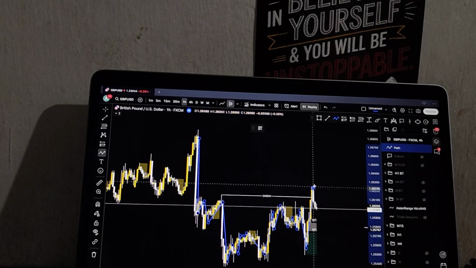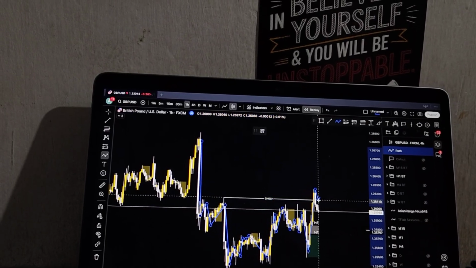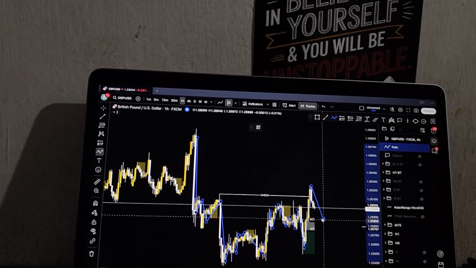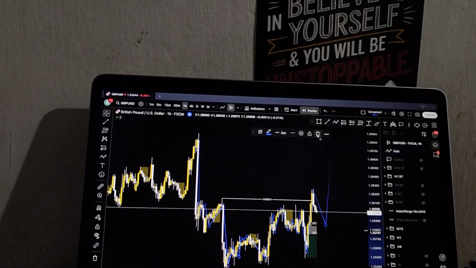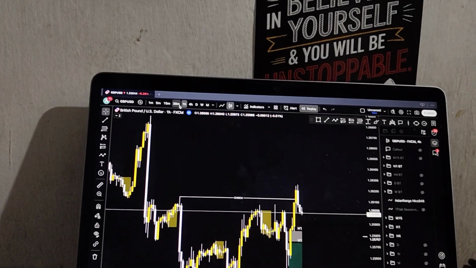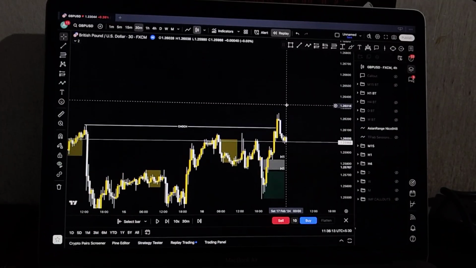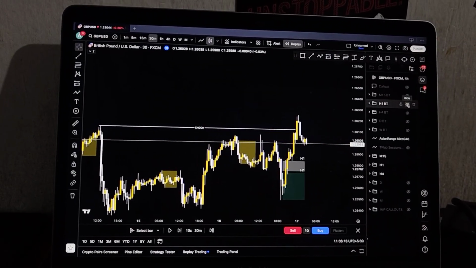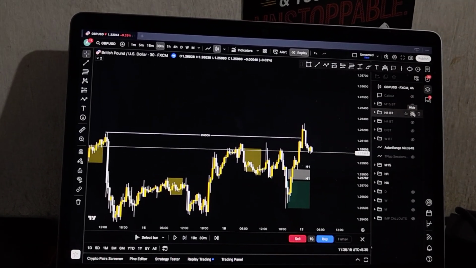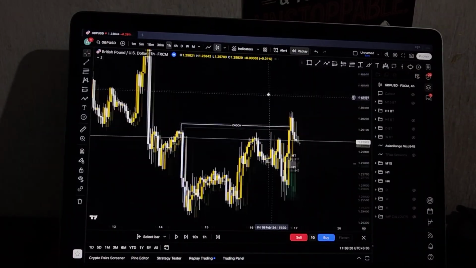So this was the high that caused this low right here, a lower low, and the moment it breaks past this high right here, there is a market structure shift and there is a higher high. So now I will wait for a higher low to then enter the market, to then continue heading towards the upside with the bias being bullish. So that is when I go to the 30 minutes and the 1-hourly, but obviously I will not show you that right now because this is a weekly breakdown video.